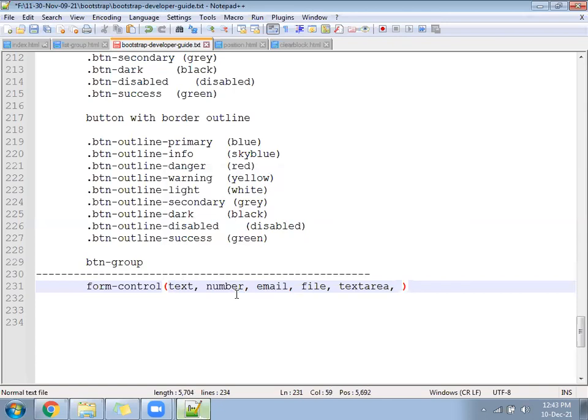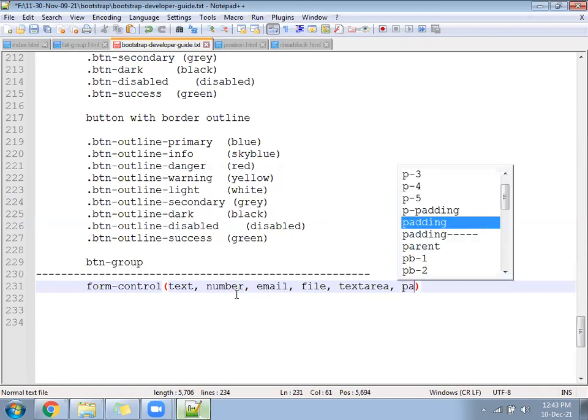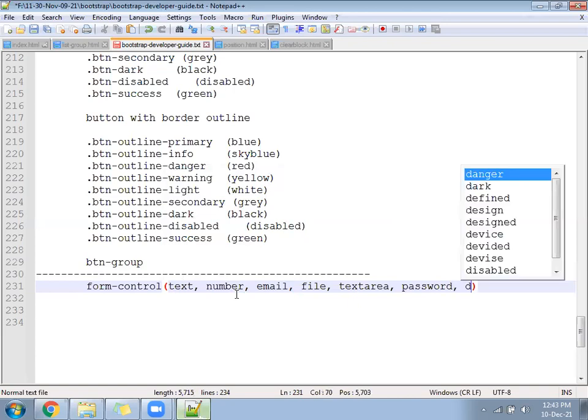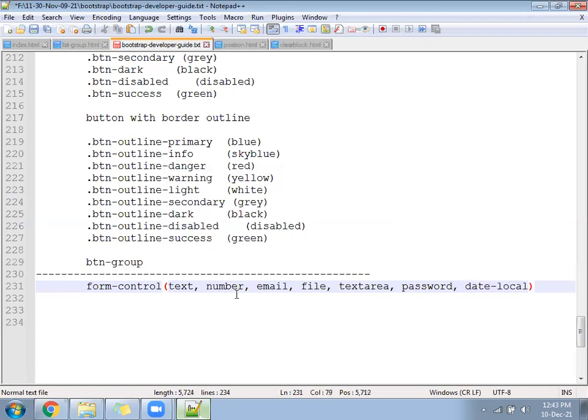What else do we write? Password. Sometimes we write datetime-local, date time hyphen local.